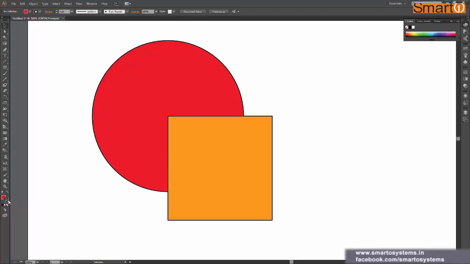Okay, so right now my outline is selected and I don't want to fill any color in it. Below this you have these 3 very small buttons. The rightmost one says none, which means it will not fill any color in my outline. Then we have this gradient option. Gradient we are going to cover in the future, and how it works. And then it has this color, just a single color fill.